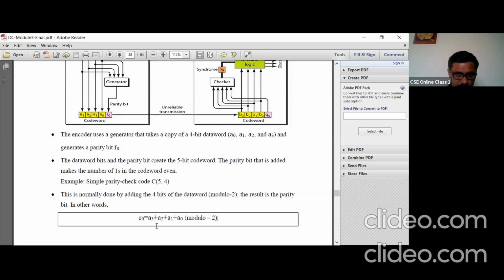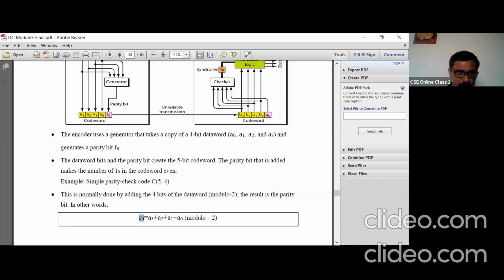When you perform modulo 2 arithmetic, 0 plus 1 is 1, 1 plus 1 is 0, 0 plus 0 is 0. So your parity bit is 0, because this already has an even number of ones: 0, 1, 1, 0.